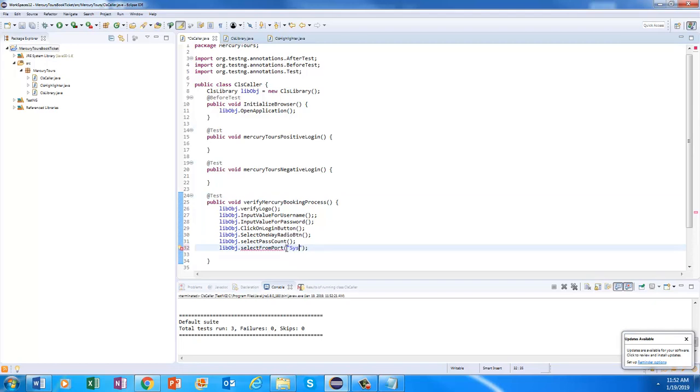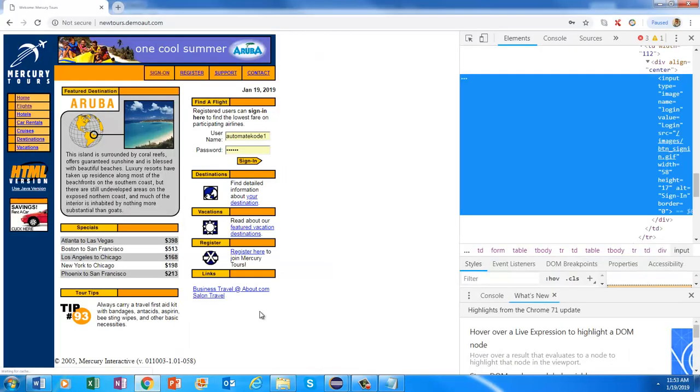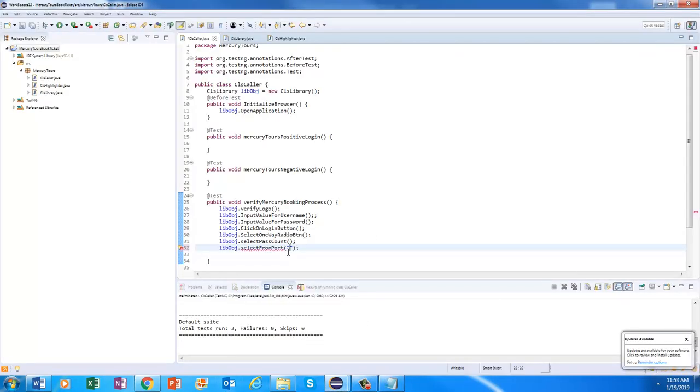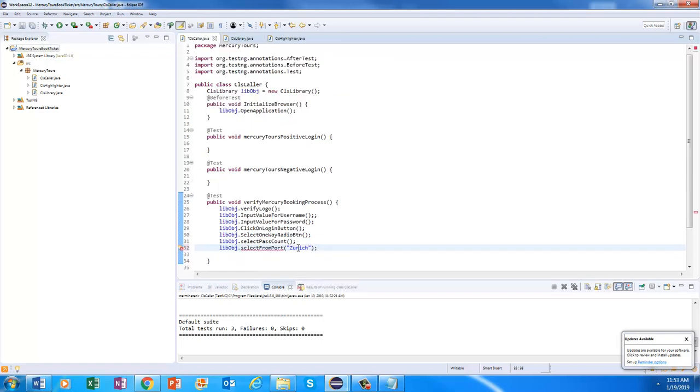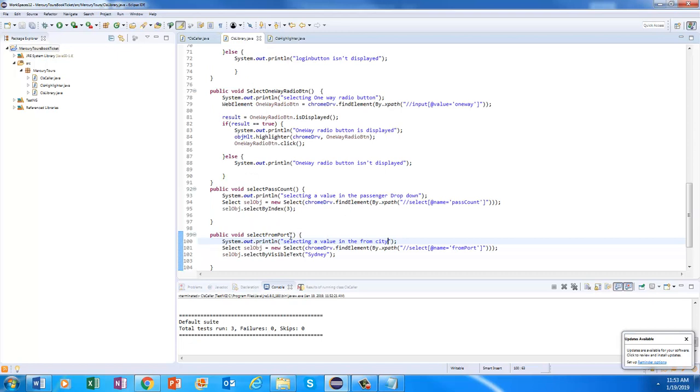You put it here, Sydney, or let's say another city. I'm going to say Zurich, right? Let's say there is a city there called Zurich. So I'm going to send here Zurich, okay? And over there, remember that when you are calling this method, you are passing this value from here. So what you will have to do here is receive it as